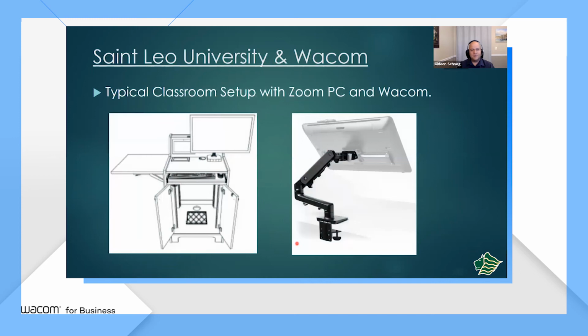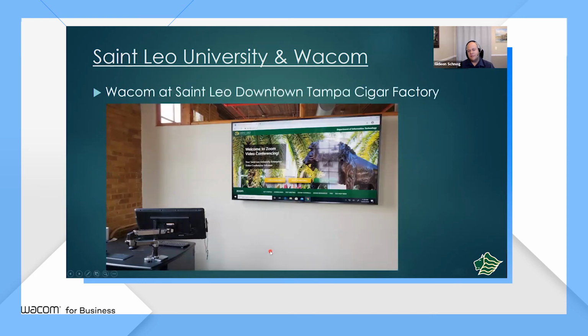So this is an example here of one of our typical desk designs. This is a design that we created with Marshall. And this is an example of one of those Ergotron style arms. This is a site that we just completed actually at our historic Cigar Factory in downtown Tampa. You can see the Wacom monitor on an Ergotron arm here as well, and it's an 85-inch Sony display on